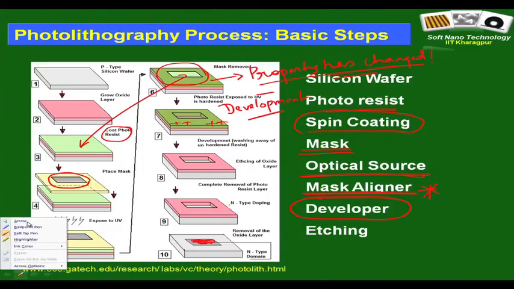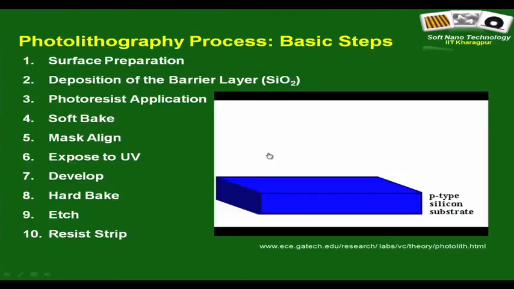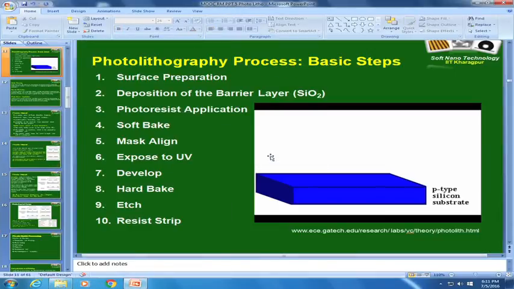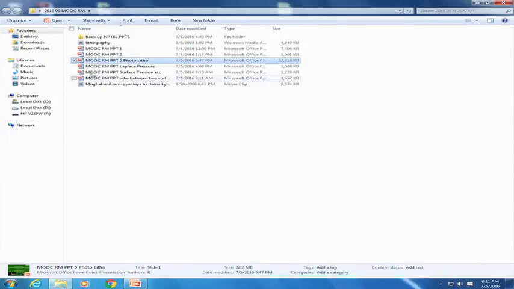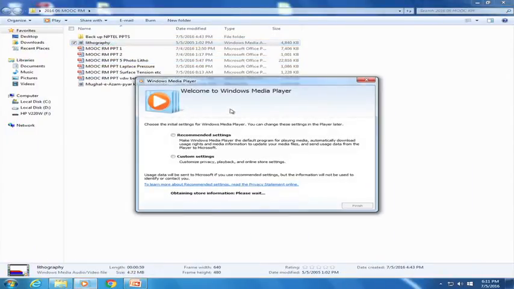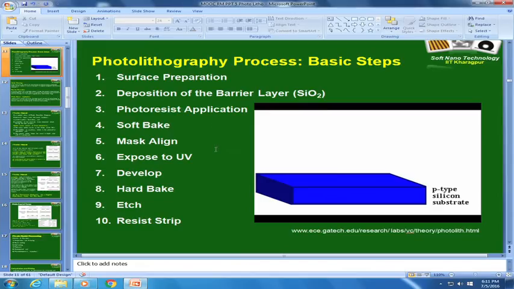I hope you have got some bit of idea about what it is. So, let us see, this is, sorry, the video is not running, I will just run it from the root. So, this is where it is. There is some problem, so I will run it sometime later. So, anyway,